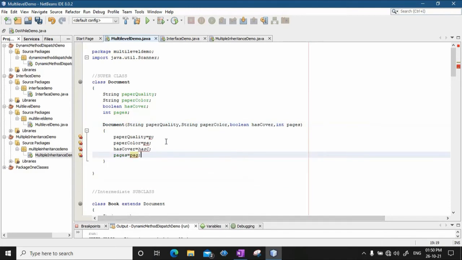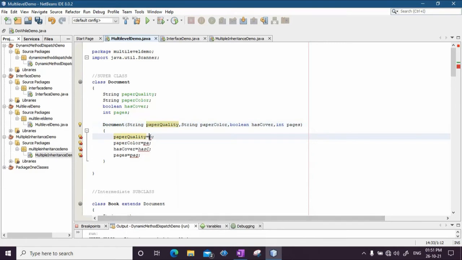Now ultimately these values will have to be copied into paper quality, this value of paper color will be copied in paper color, this value of has cover will be copied in has cover. But the difference is, these variables store the values, whereas whatever you write on the right hand side, this paper quality or this paper color, are the attributes of the object, and on the left hand side what you specify are the values of those attributes which we are going to assign.